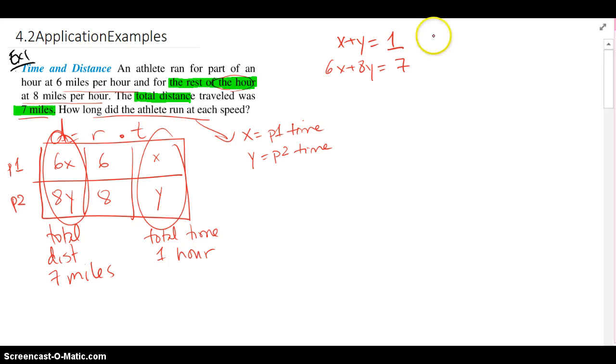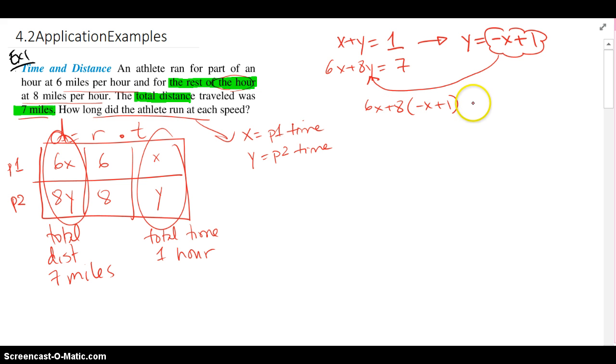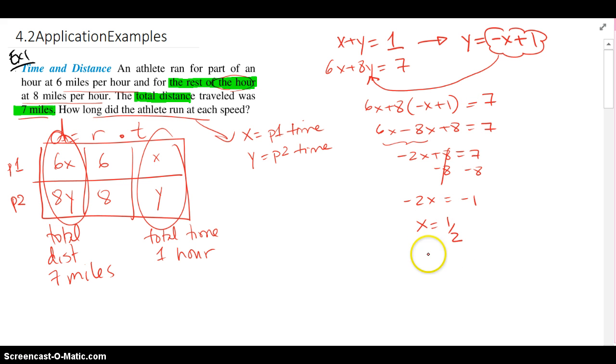Let's say I want to do substitution, so I'm going to get the y by itself quickly. I move the x to the other side by subtracting x from both sides. I'm going to take this guy and plug it in place of the y in the second equation. So that's 6x plus 8, plug in a minus x plus 1 for the y equals 7. Having solved that, we get x equal to 1/2,